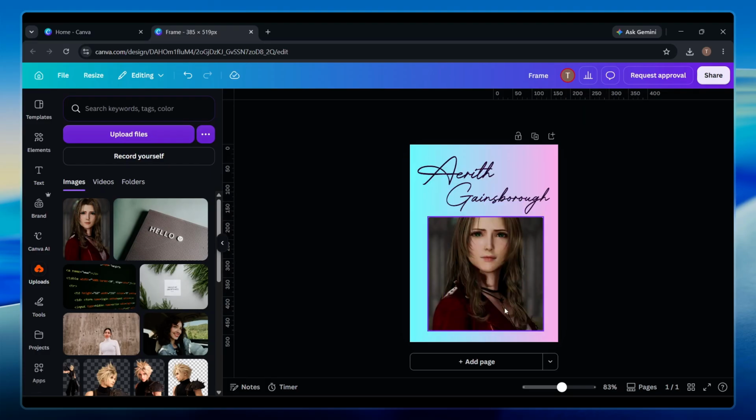As you drag the photo closer to the frame, you'll notice it automatically snaps into place. This happens when the photo is positioned correctly over the frame, and it's a helpful visual cue that tells you the image is about to fill the frame. Release your mouse or trackpad, and the photo will now appear inside the frame with the frame's shape applied to